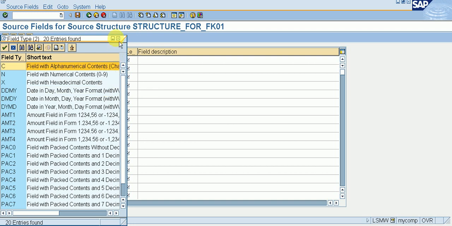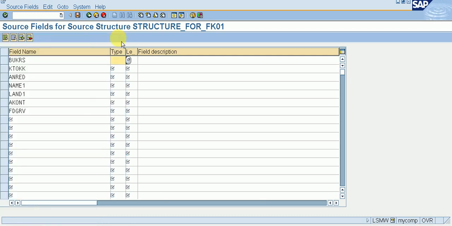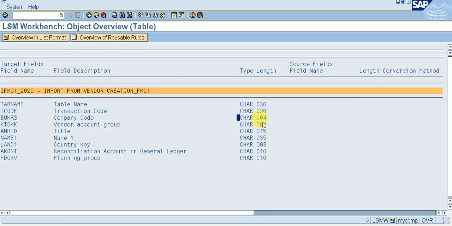So I have contents in alphanumerical form, so I will take C for all. Click C, C, C, C, C, C, C.